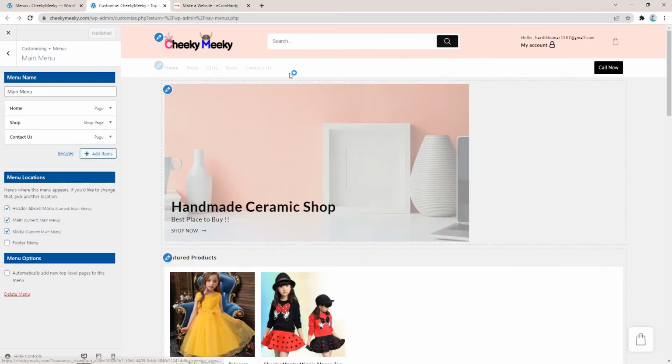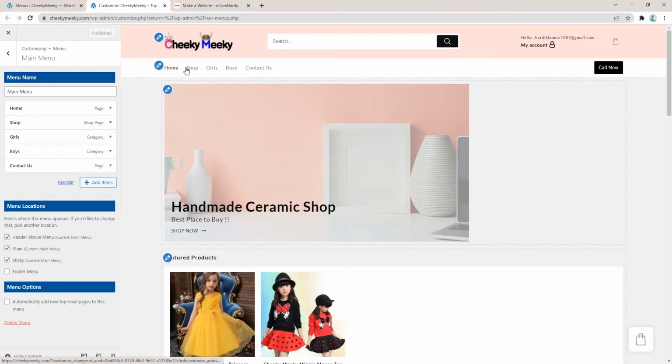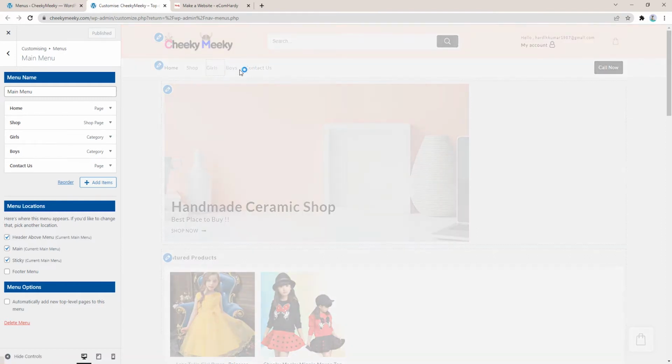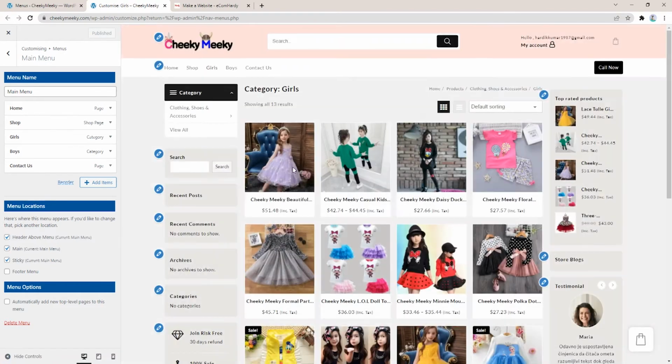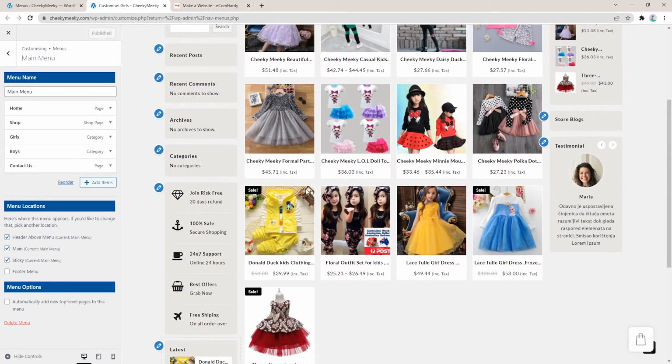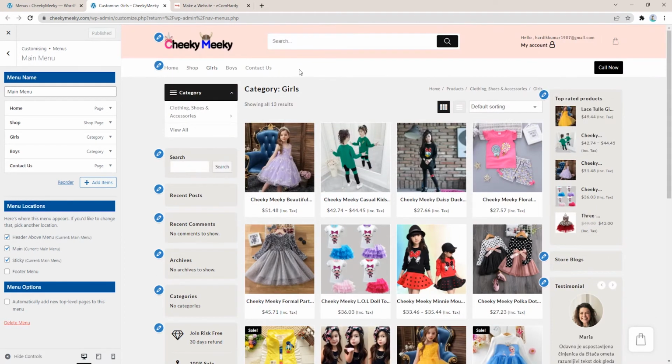So this is the main menu and it's assigned like that. If I just simply click on any of the options to see whether it's working, yes, it's working. Now, this is the main menu header. I want to remove this call now option. So what I will do is simply